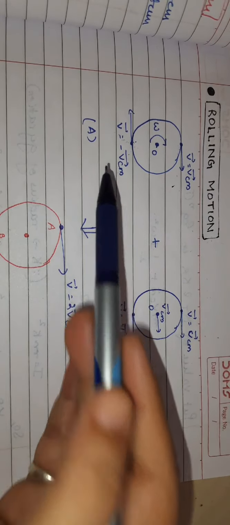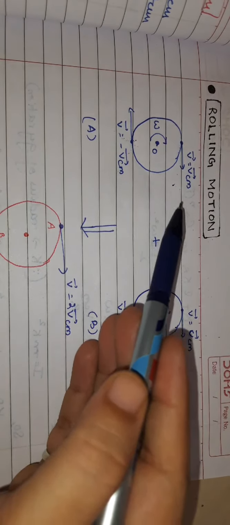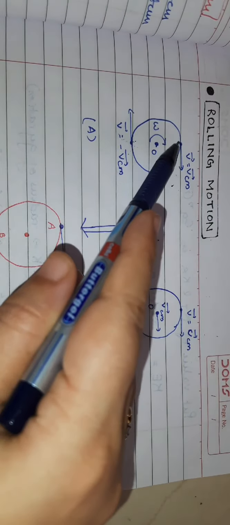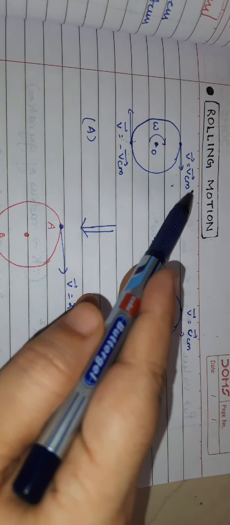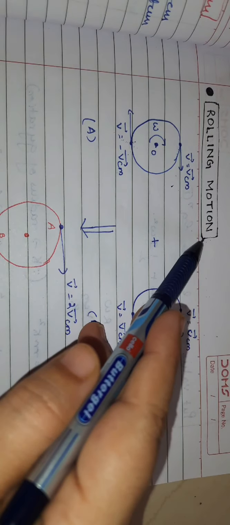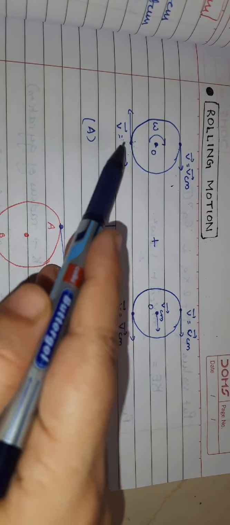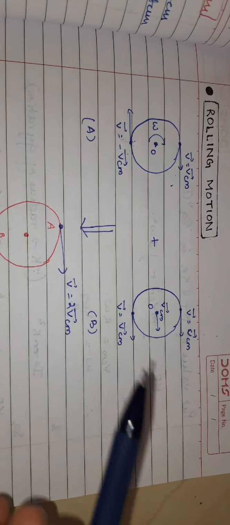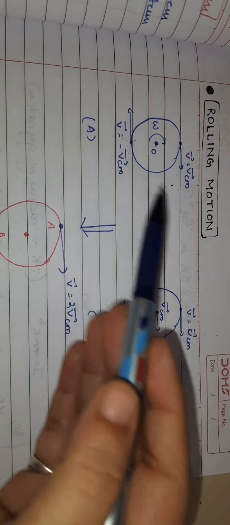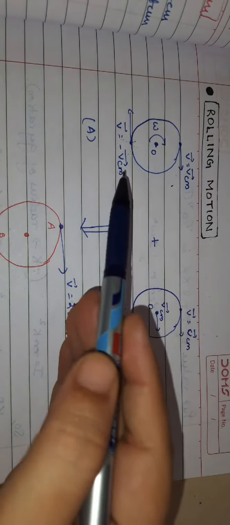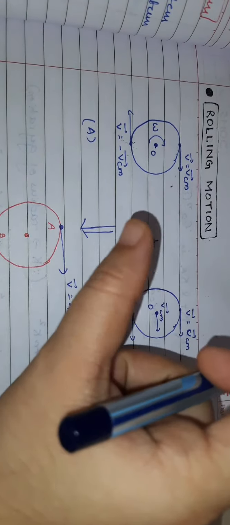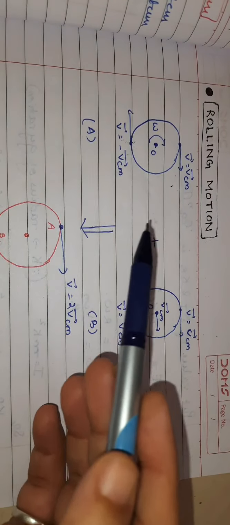What do this VCM and minus VCM represent? This VCM is the velocity of the center of mass of the particle, which in the rotatory way is the tangential velocity. We know that the velocity vector always gives the tangential direction. But you can see there is a negative sign in the bottom part. Why is this negative sign there? Because it gives the direction of the velocity vector at the two ends. This one is in the positive direction and this one is in the opposite direction, meaning the two particles are moving in opposite directions, and actually they are in pure rotation.